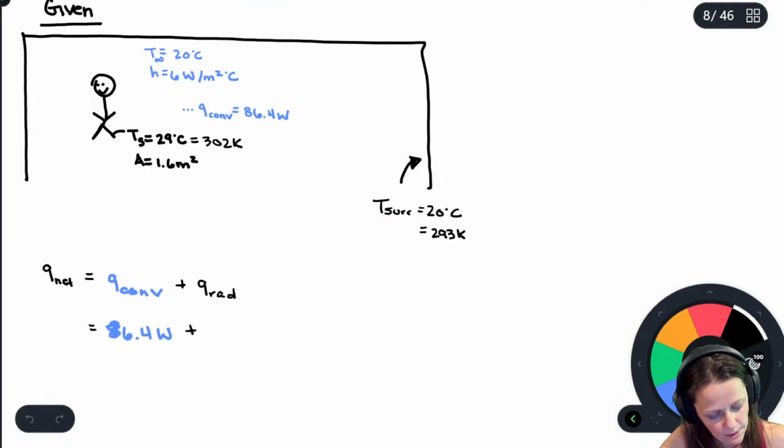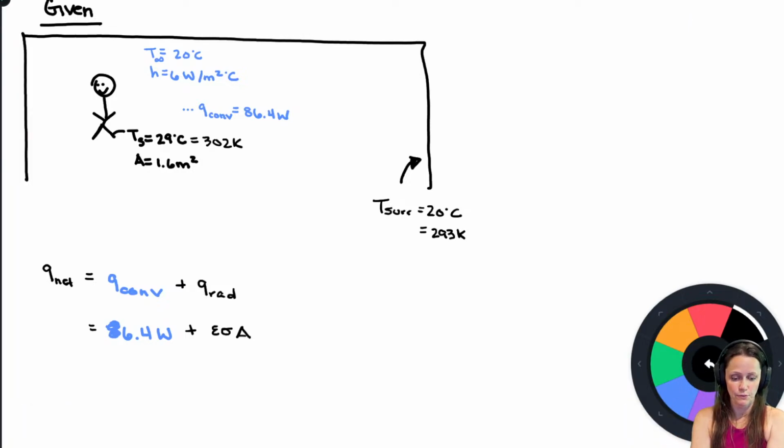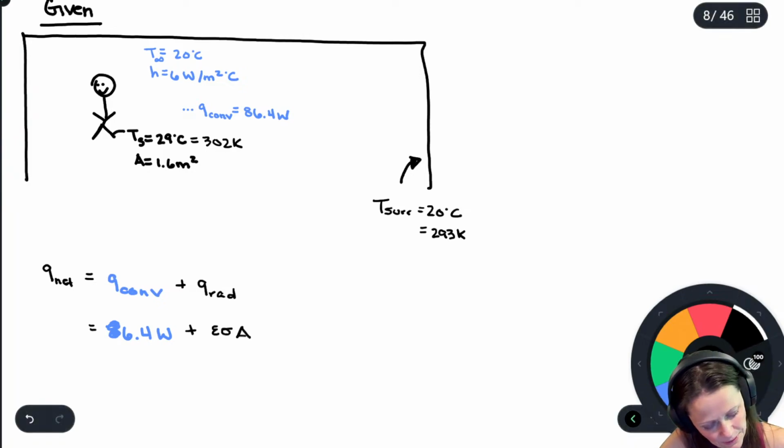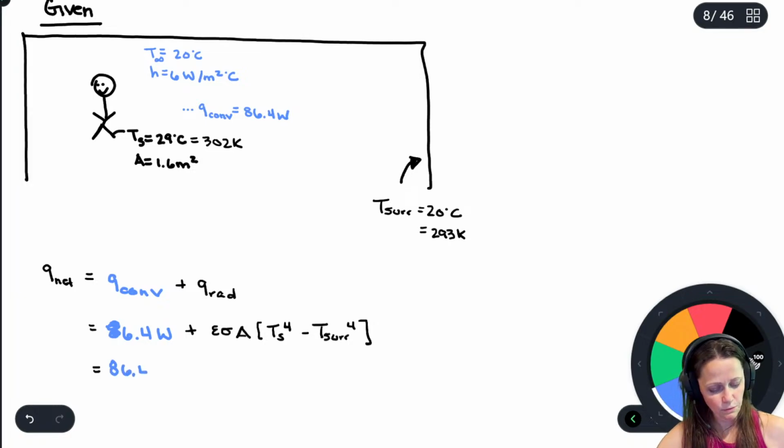So this becomes emissivity times the Stefan-Boltzmann constant times the area, and the area that we're talking about is the area of the little stick figure guy, times T_S to the fourth minus T surroundings to the fourth. Right, and that's it. And so we're going to plug in some numbers. So I've got 86.4 watts plus,